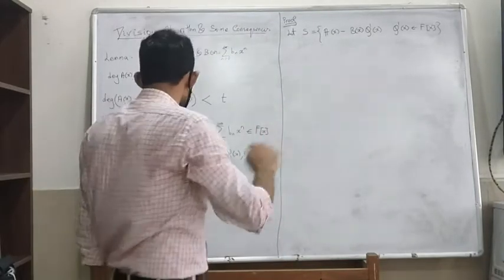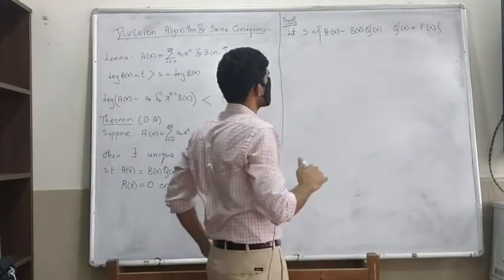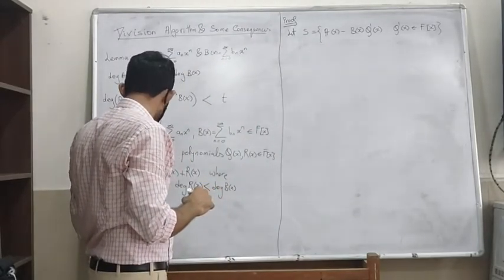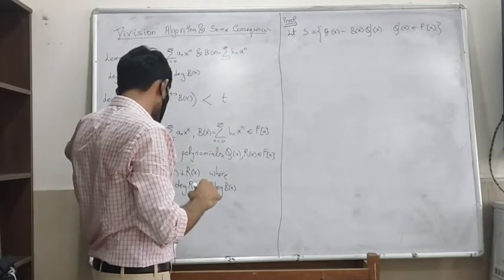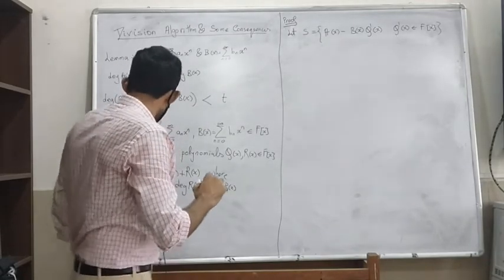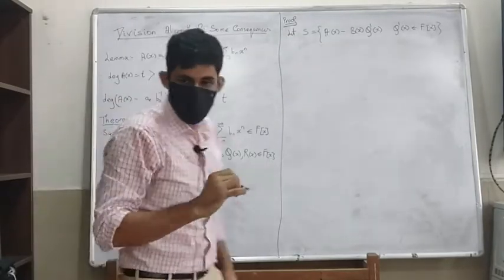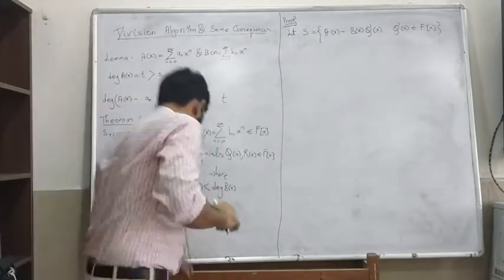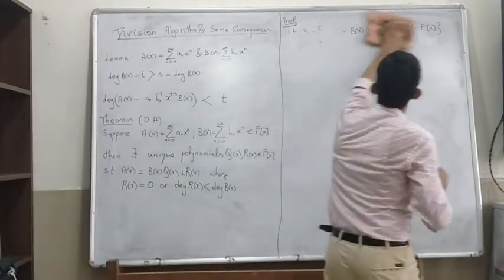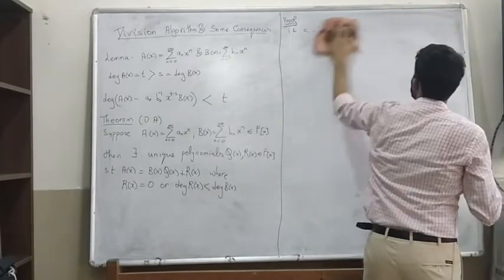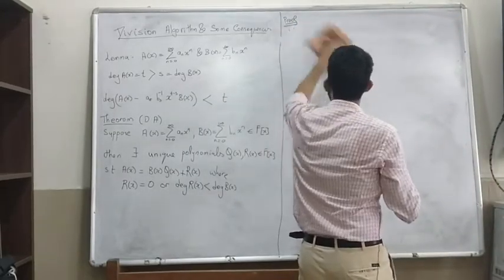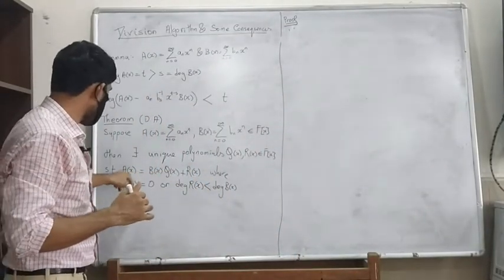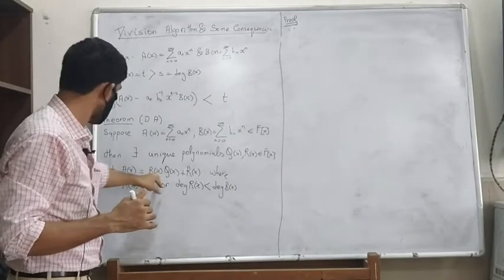So there are some few cases which arise here. I think I need to take care of certain cases separately. There are some trivial cases which I need to take care of first, to get the quotient and the remainder. One is if the degree of A is less than the degree of B, then what happens?